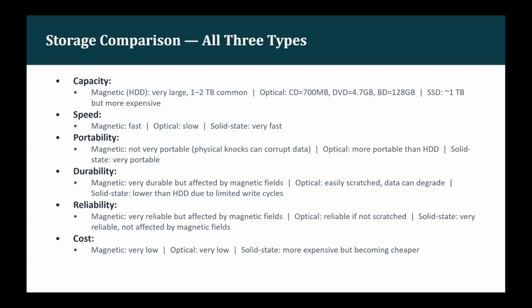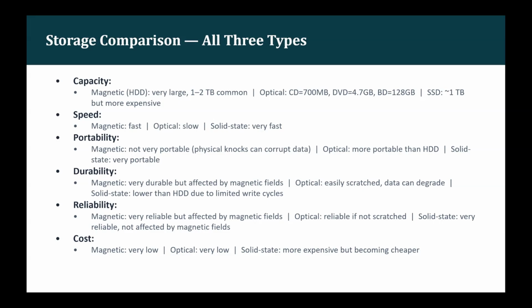Optical is more portable than HDD. Solid state is very portable because they don't have any moving parts, so they won't even break. Durability wise, magnetic is very durable but affected by magnetic fields because they use magnets to read and write. Optical is easily scratched and data can be degraded. Solid state drive is lower than HDD due to limited write cycles. Reliability, magnetic is very reliable but affected by magnetic fields. That's the problem with magnetic